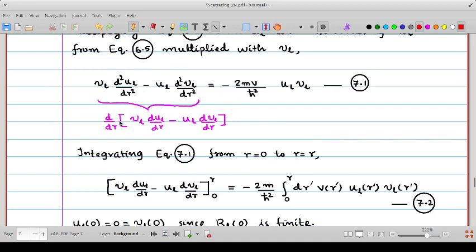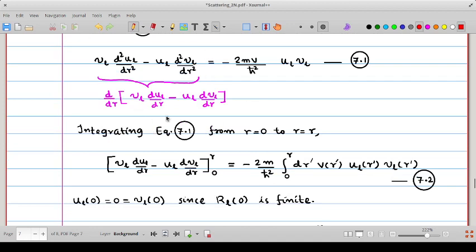Now this can be written as d/dr of (VL dUL/dr minus UL dVL/dr). Now we can integrate this equation from r equal to 0 to some finite value R. Since this is a derivative, its integral is simply the term in the square brackets, evaluated at those two limits,